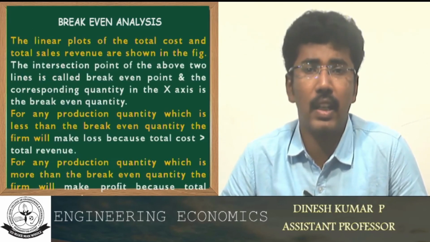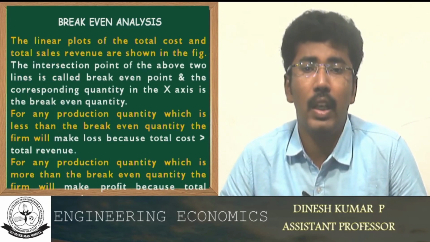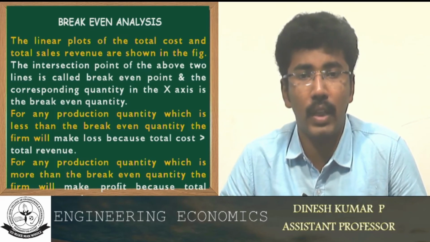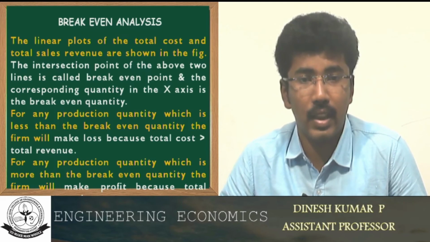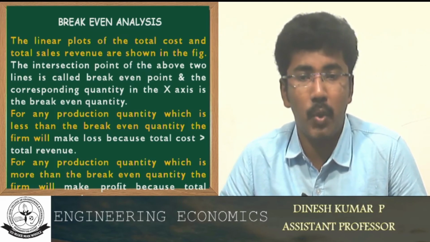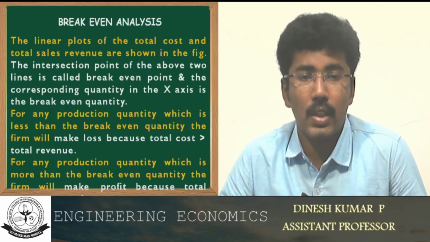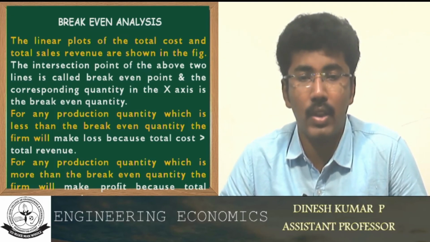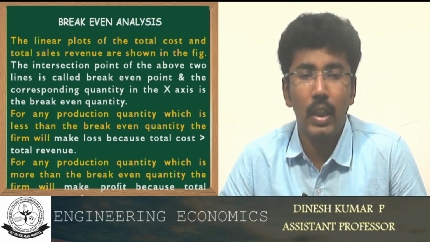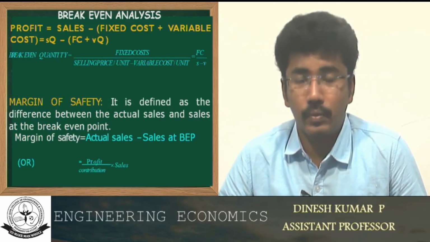In break-even analysis, the linear plots of the total cost and the total sales revenue are shown in the figure. The intersection point of the two lines is called the break-even point. The corresponding quantity on the x-axis is the break-even quantity. For any production quantity less than the break-even quantity, the firm will make a loss because total cost is greater than the total revenue. For a production quantity more than the break-even quantity, the firm will make a profit because the total